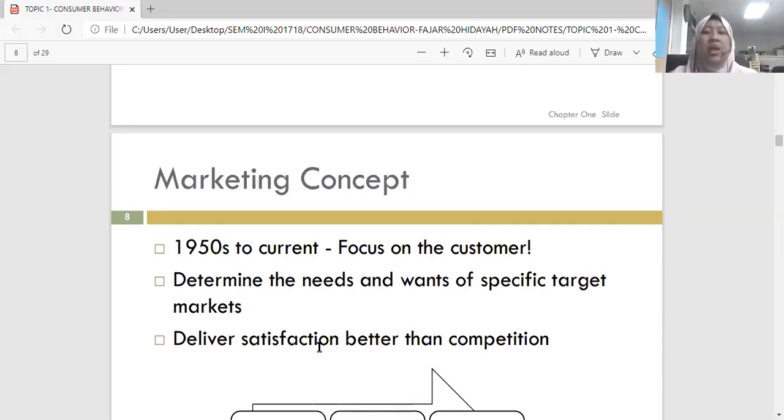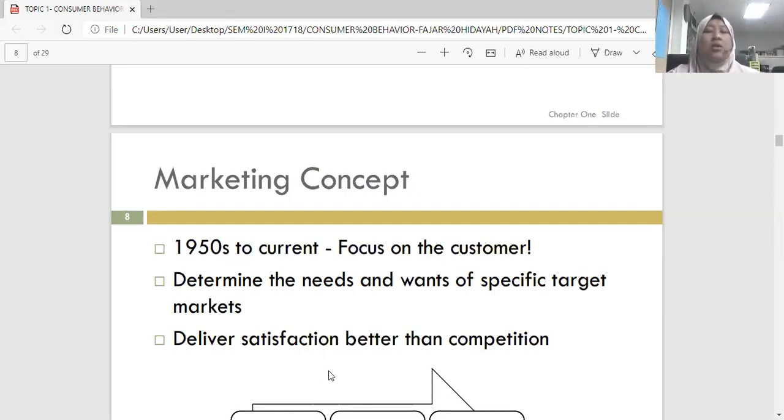All right. So when we're talking about the target market, meaning to say who is the customer you are targeting. But bear in mind, when talking about the target customer, target market, this customer is willing and able to afford to buy your products. And the third one, we have deliver satisfaction better than competition, meaning to say nowadays the customer is looking for satisfaction, exceeding satisfaction, they will say superb for your product and also your services.